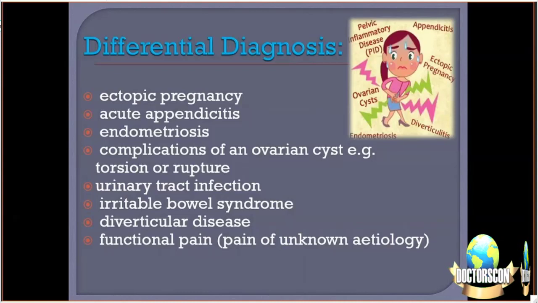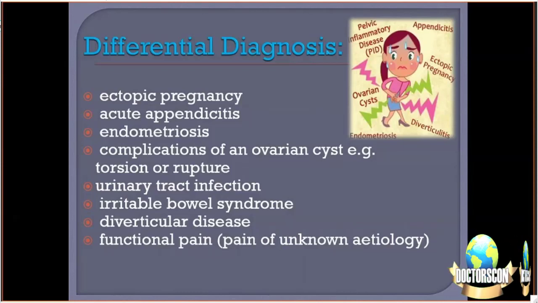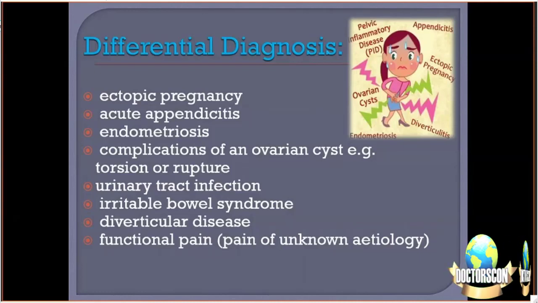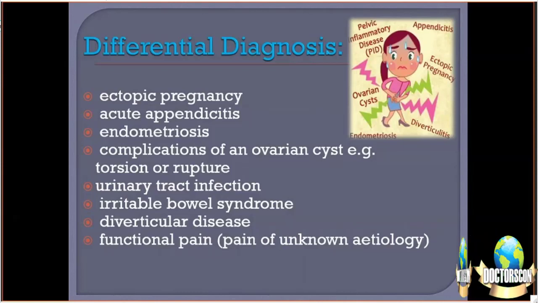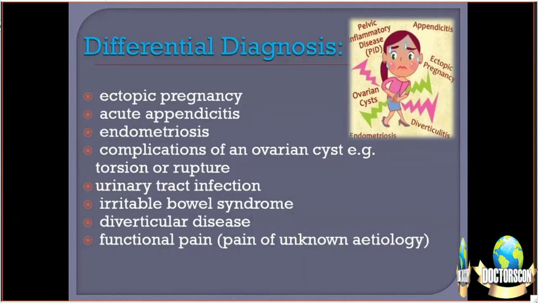Now, clindamycin is a very important medication, which is one of the recommended treatments for PID, as recommended by the Royal College as well as by the CDC. It can be given as 900 milligrams 3 times a day, plus gentamicin 2 milligrams per kg body weight as a loading dose, followed by 1.5 milligrams per kg 3 times a day. A single dose of 7 milligrams per kg may also be used, followed by oral clindamycin 450 milligrams 4 times a day, or oral doxycycline 100 milligrams BD, plus oral metronidazole 400 milligrams BD to complete 14 days of treatment.